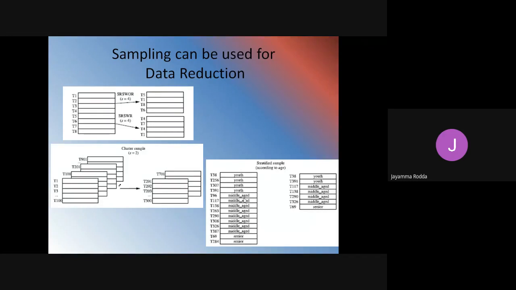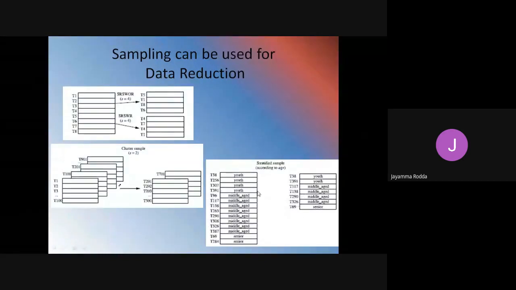Okay. So here, simple random sampling is done based on this stratified sample. From the data D, a stratified sample of D is generated by obtaining an SRS at each stratum: T38, T190, T391, next T117, T138.